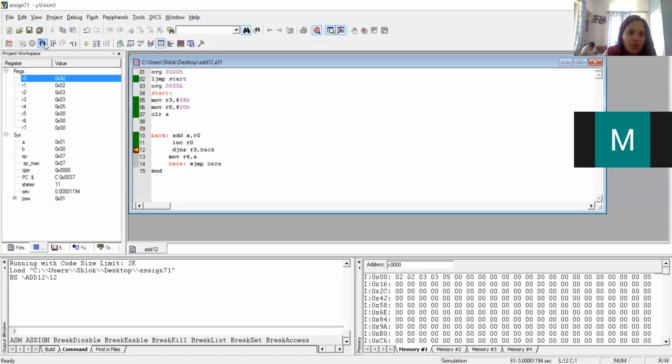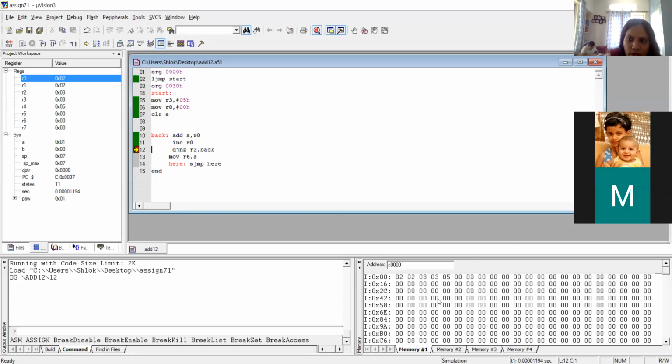Now in this program there is a mistake. In R3 we are considering the 05 value, and afterwards we are changing the value of the R3 register. So instead of keeping the counter value in the R3 register, you can keep that in R7, because if you want the first 5 values, then you keep R0 to R4 for your add operation, and you keep your counter variable in the R6 or R7 register. Okay, fine, getting this?